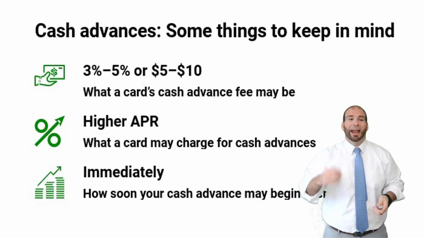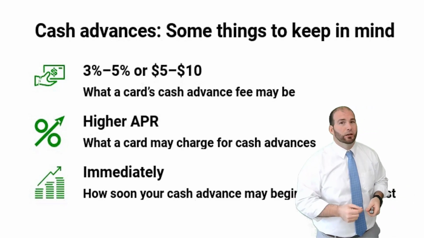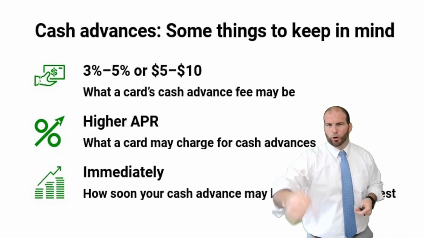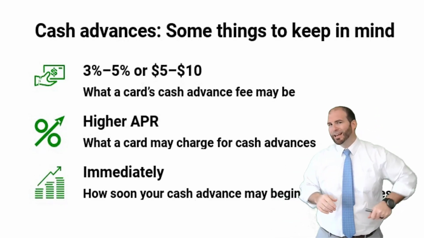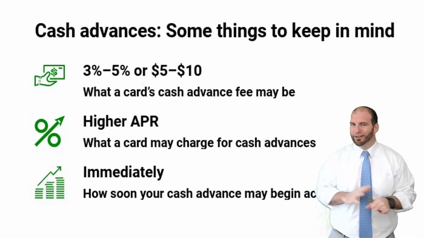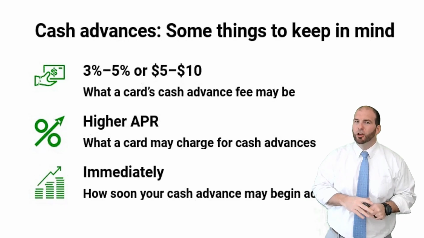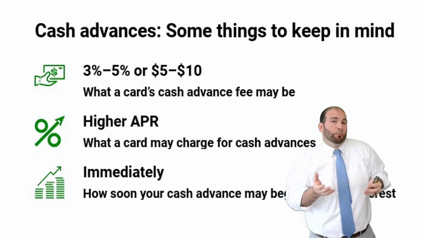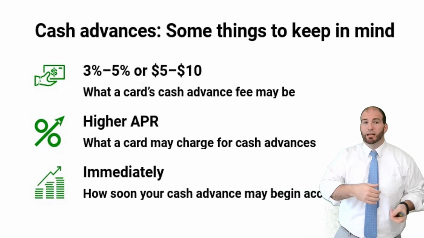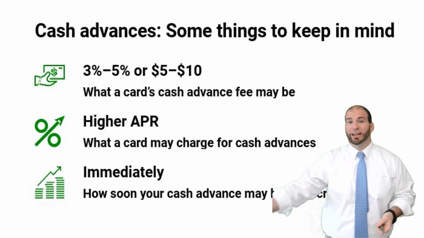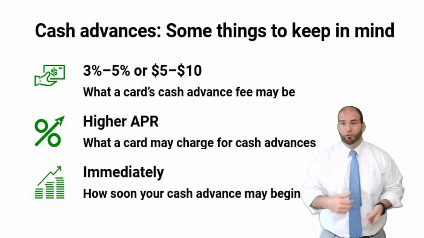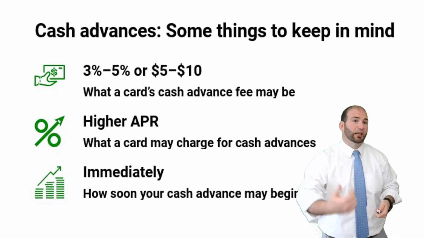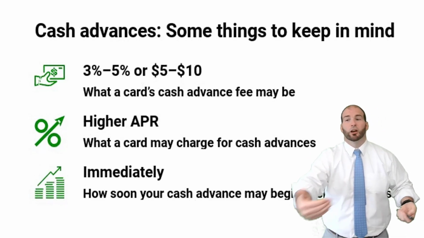Another thing about credit cards: cash advances. That's going to an ATM and taking money out. Credit cards are cool where they can track what you're spending your money on. You want to take cash out where they can't really track it? Not a huge fan of that. So to encourage you not to do that, they have rates for cash advances. It could be $5 to $10 to take cash out from a credit card. So if you take $100 out, when you get your bill at the end of the month, it might be $110 because there's a $10 cash advance fee associated with it.